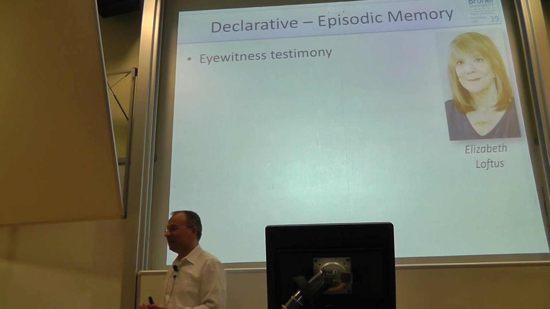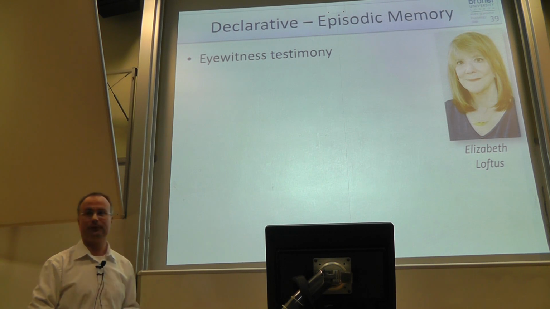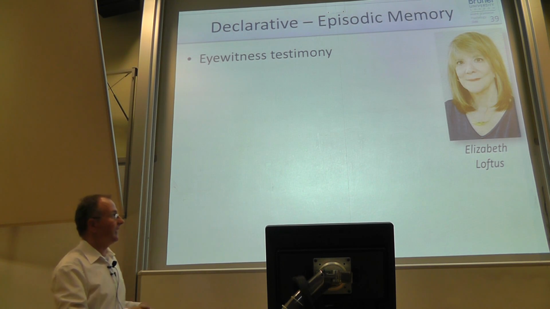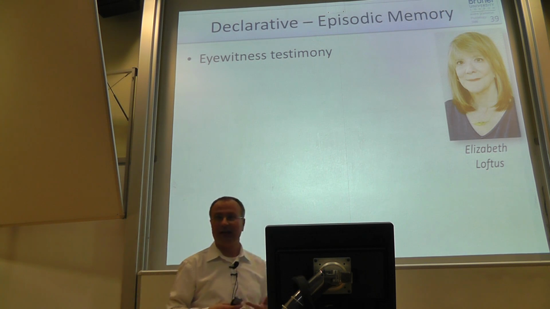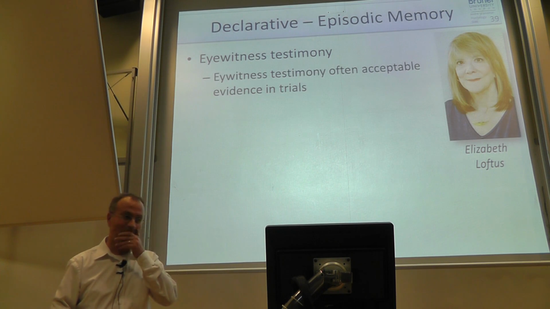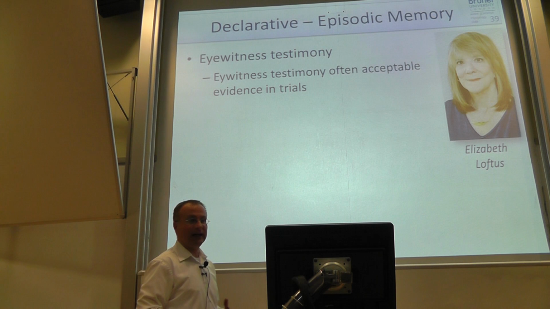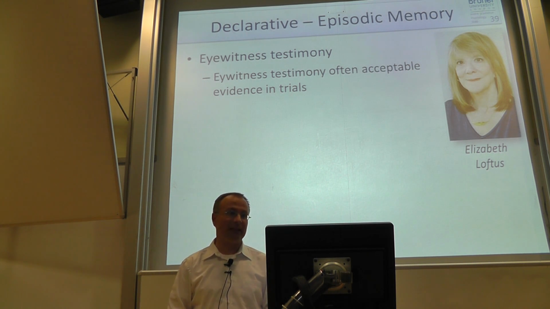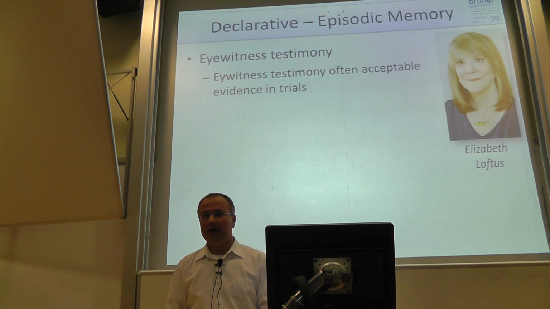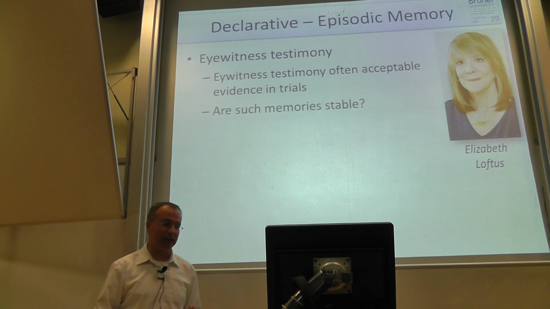Okay, as you can see, this type of memory is very, very important for eyewitness testimony. And again, a very big name, Elizabeth Loftus. She really got this research on eyewitness testimony started. And the critical point is that eyewitness testimony is typically acceptable evidence of crimes. So the accuracy of a memory may decide on the fate of other people. And therefore, there's quite a high relevance to that.